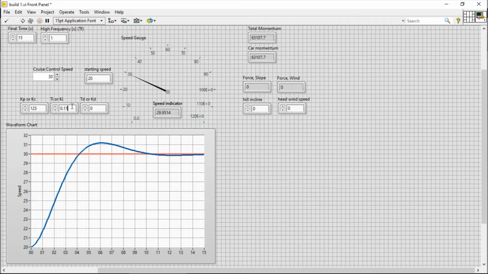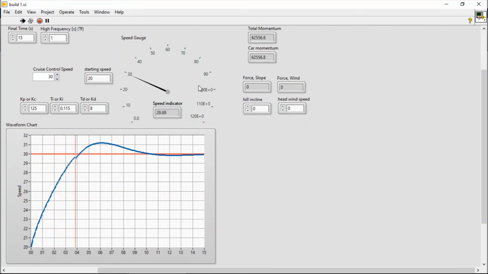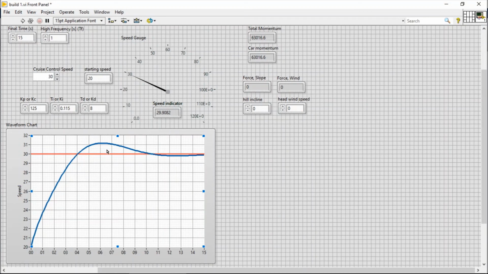And this is what I ended up getting for a full PID control. You can see the peak is actually just a little bit less in this one. And it takes longer to come up once it dips back below, but it gets within the plus or minus 3% just a little bit quicker. The only drawback of this is that you have the initial jerk, but the overall acceleration is actually just a little bit less too. In the previous one we had 0.82 meters per second squared. This one we actually have 0.79,